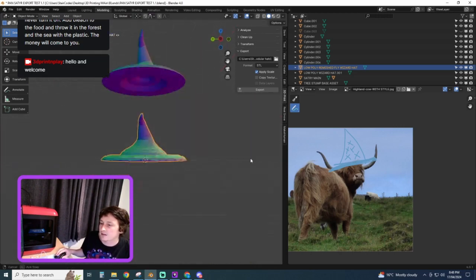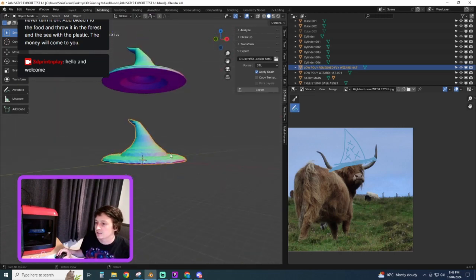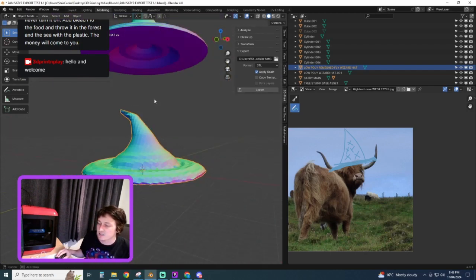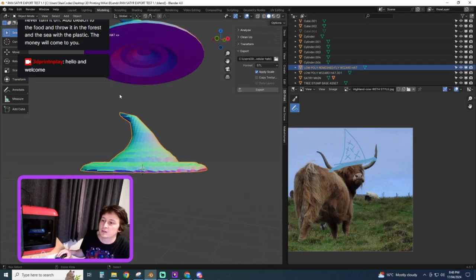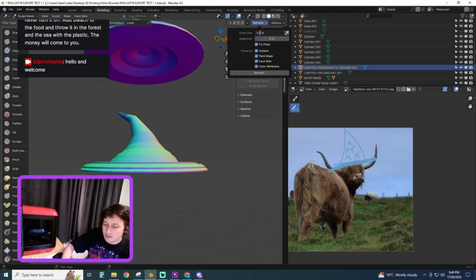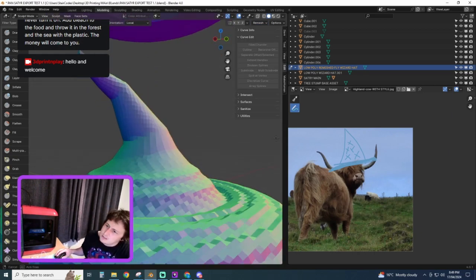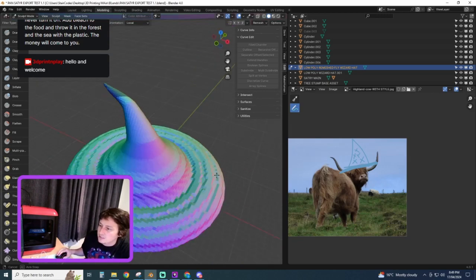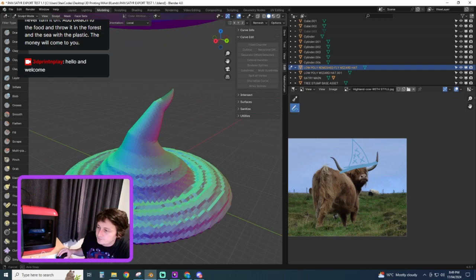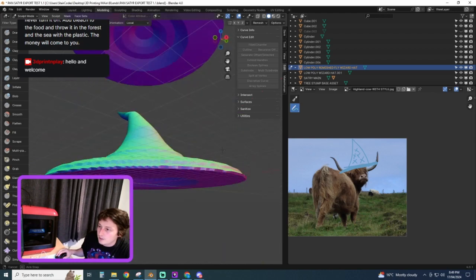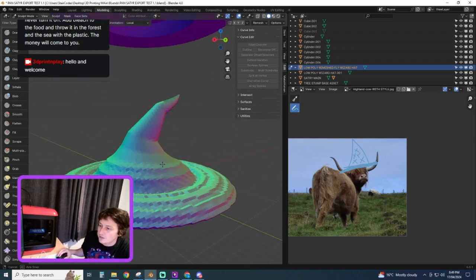I'd rather remesh it like that and then go into higher poly to do more detail, because I actually wanted to lose some of those details up there. But if you wanted to keep more details, then you definitely could do something a bit more like this and go into the remesh. And even halving that will make a huge difference. When you look at that, and you know what, even just since I did that, I like that better. I think that makes it look more like there's some creases in it and stuff. And yeah, I'd probably warp it a bit more to go into more medium poly, but this is what I'm going to print.